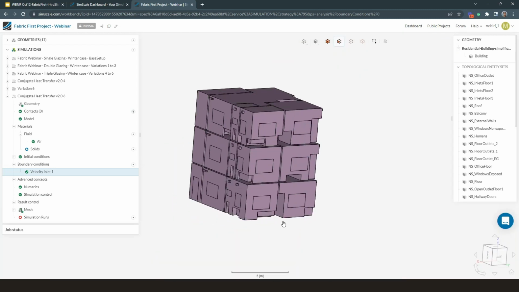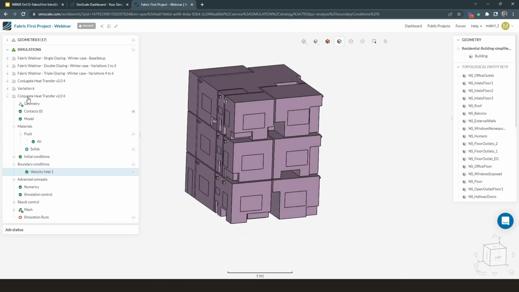Of course, I can go ahead and show all of these boundary conditions, but I would rather show you one of the already set up simulations that I had. But before jumping there, I want to emphasize the importance of this particular step under result control. When you expand result control and field calculations, you get access to request extra information to be outputted in your simulation. These are very important for every designer and building architect who's trying to optimize their building efficiency,